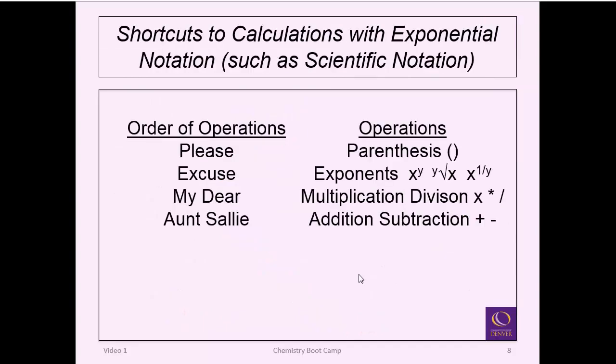Shortcuts to calculations with exponential notation. This will help you a lot. It'll quickly allow you to zoom in and see if the order of magnitude of your answer is correct. It'll help you especially perform well on exams where you can really look at your scientific notation and quickly check your answer. So in order to do that, you've got to go back and look at a mathematical idea,